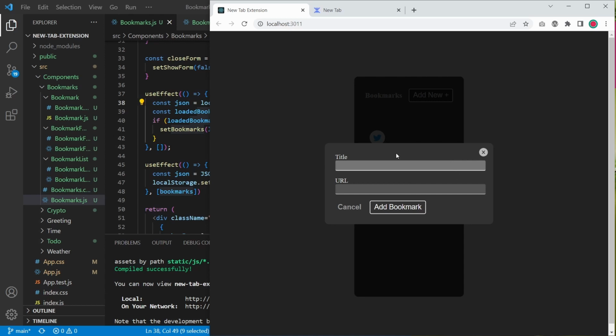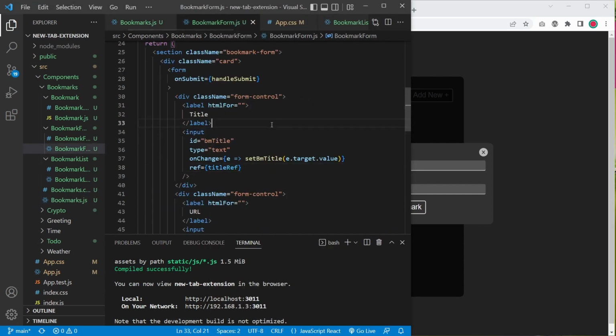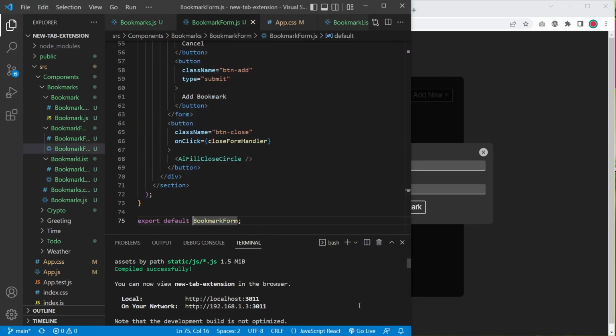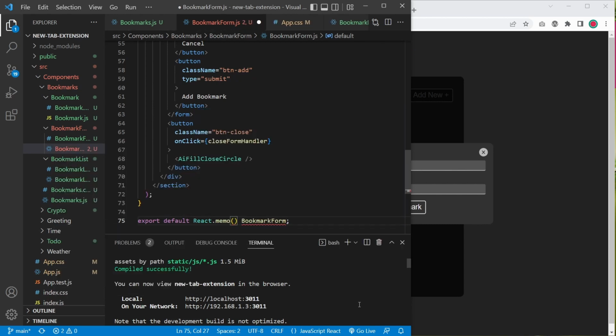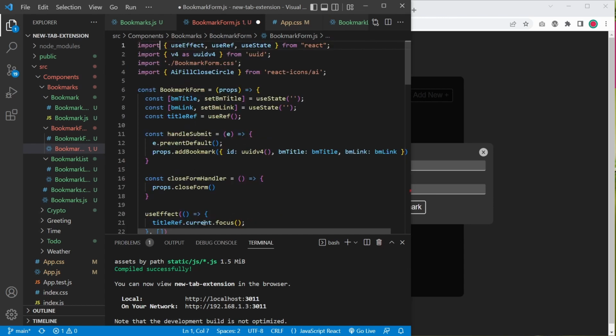A common way of doing that is wrapping the component in React memo, which is a higher order component. So at the end of this form here, we're going to wrap this bookmark form in a React memo, so we can, like I said at the beginning, boost the performance a little bit, right? So here I'm going to say React.memo, and I'm going to wrap this component inside it, okay? So I'm going to need to import React as well